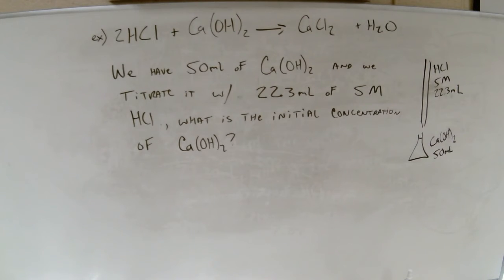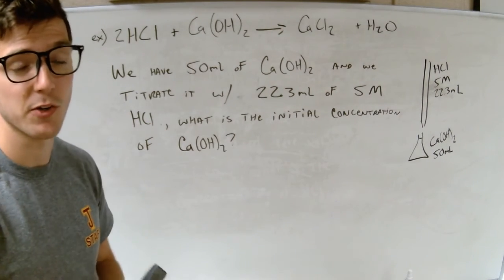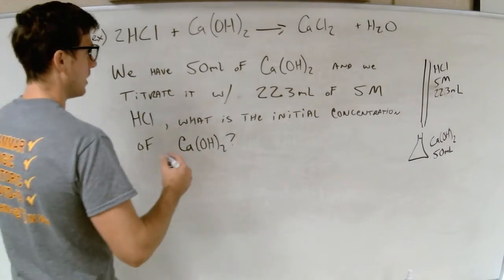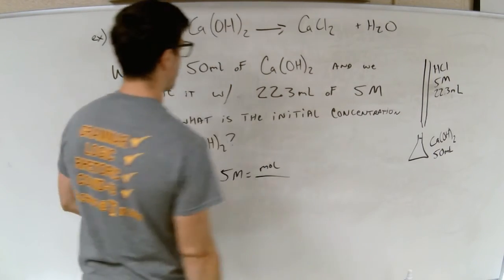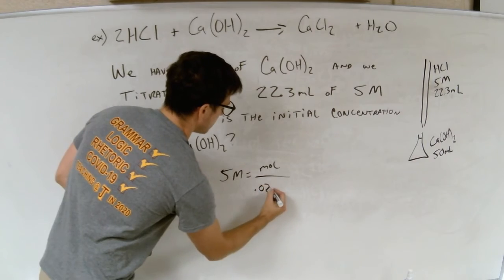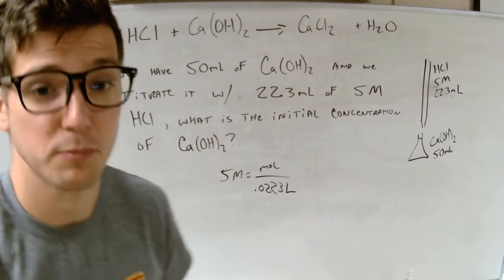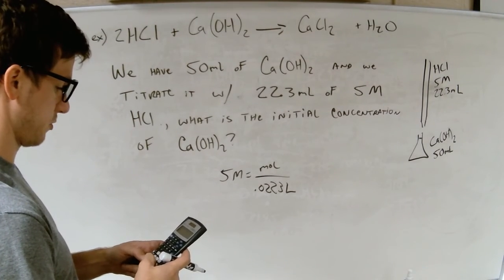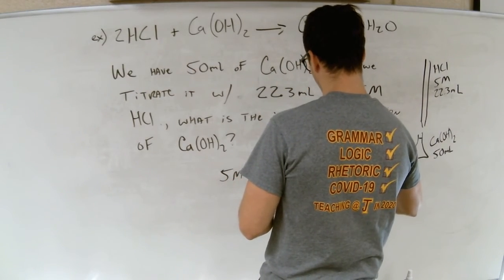Well, all I could tell you is that I could still figure out moles of HCl, right? I got molarity, I got volume. Let's figure that out first. Let's start with where we know we can start out. I got 5 molar HCl, and in liters, I have 0.0223 of them. My calculator is by the computer. I do 5 times 0.0223, and I get 0.1115 moles